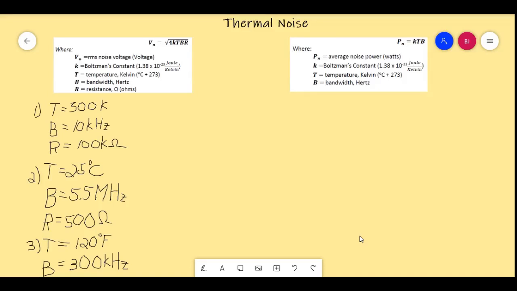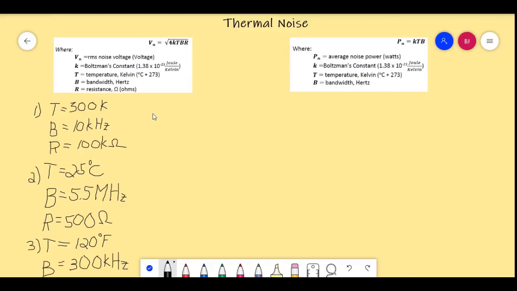So for the first problem, we are given a temperature of 300 Kelvin. The signal has a bandwidth of 10 kilohertz, and the circuit itself has a resistance of 100 kilo ohms. If we're going to determine noise voltage, we just have to follow the formula here,